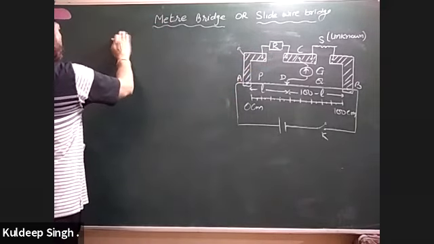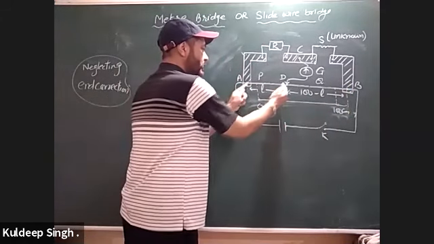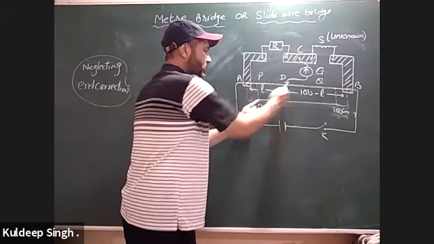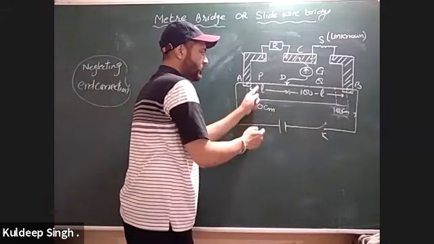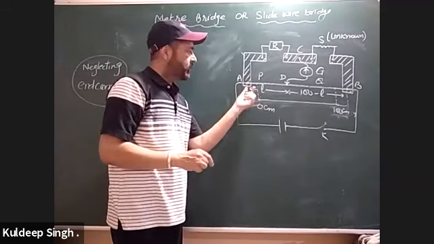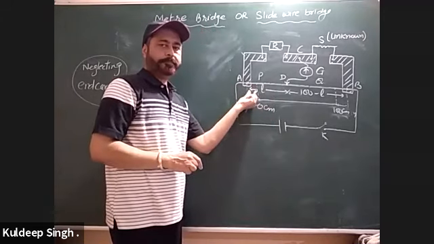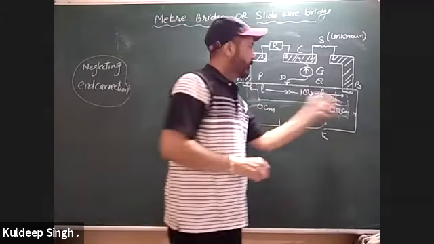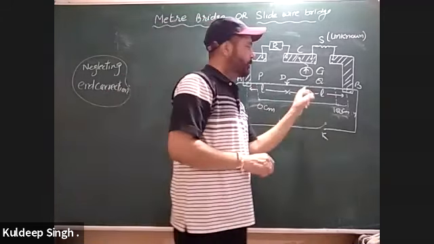When you find the null point, this is your L, but the zero starts from this point. So you will not be able to measure this portion of the wire, which is not included in the scale. So when you perform the measurement, this portion will be left out. Similarly here, when you measure 100 minus L, this portion of the wire will not be considered.